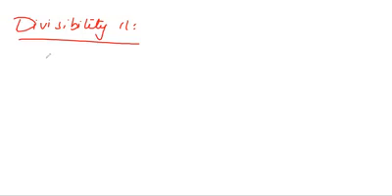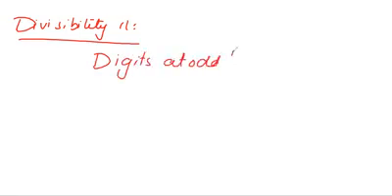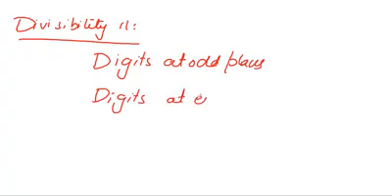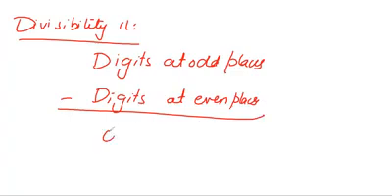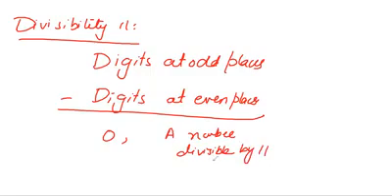Okay. So 11 has a very interesting rule, that is: digits at odd places should be subtracted from digits at even places, and the answer you get should be 0 or a number divisible by 11. So you subtract the digits at odd places from the digits at even places. If we get the answer 0 or a number divisible by 11, it means the whole number is divisible by 11. For example,